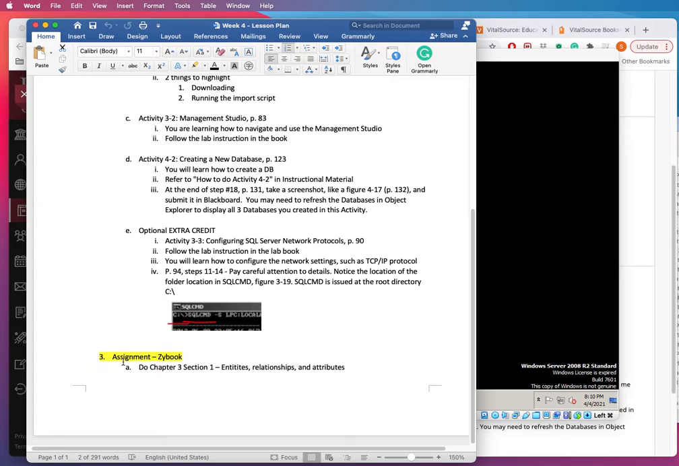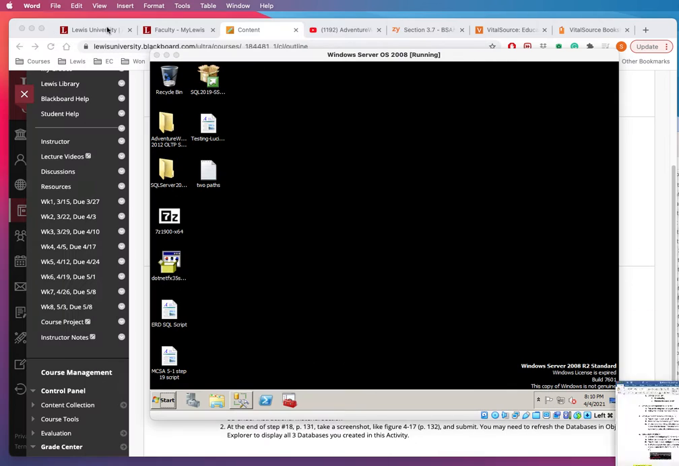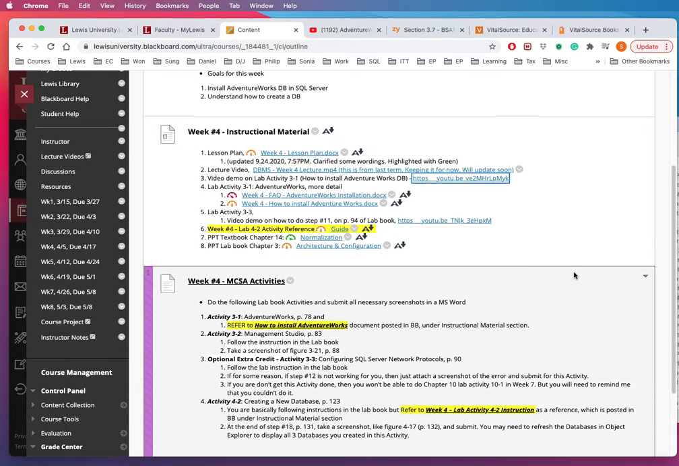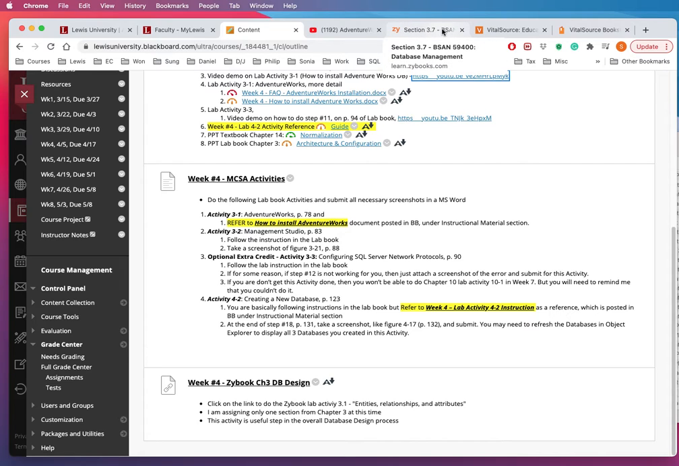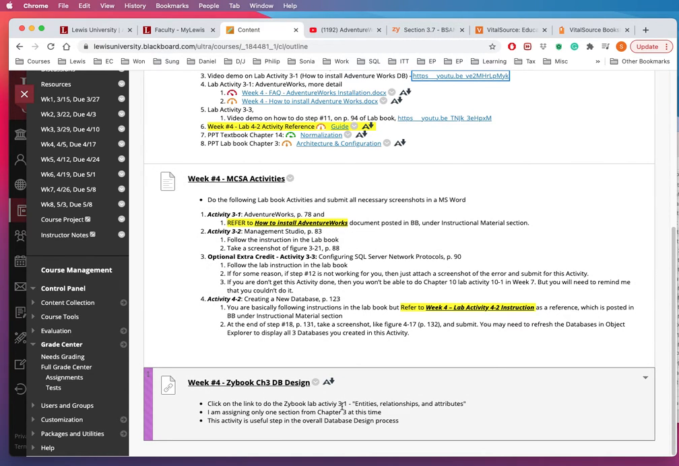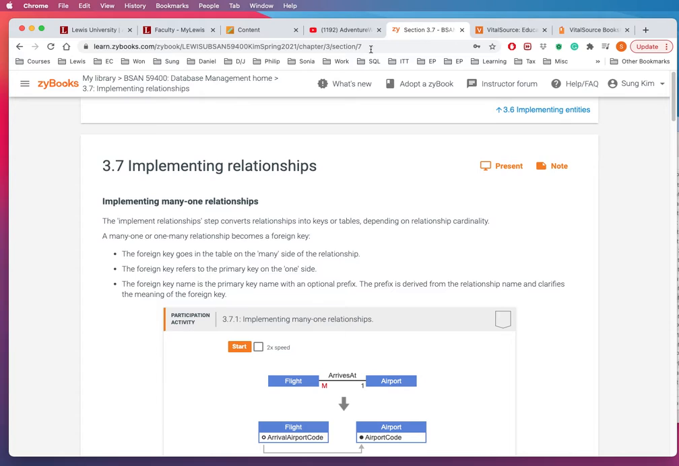There is a second assignment from Zybook, so let me kind of take you over there and see how that looks like. But when you do them, make sure you click over here to get over there, right? Otherwise, if you log directly into the Zybooks, your grade will not sync. But I'm just going to go there directly because I wanted to kind of show you. I just want you to do the 3.1. So let me get over to